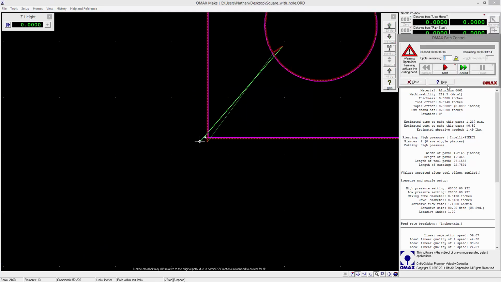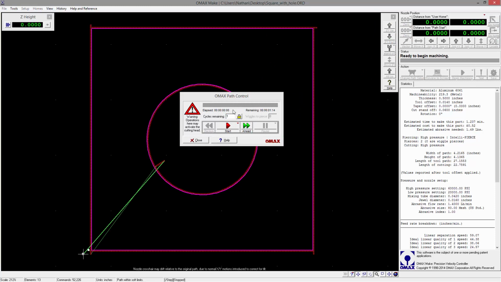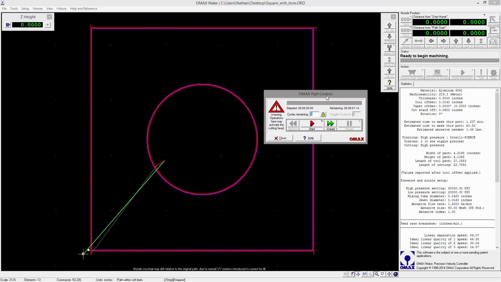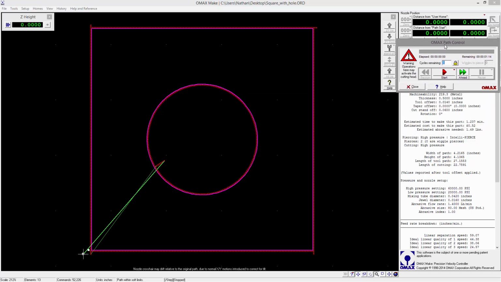You will then see the Path Control dialog, which features an easy-to-use interface to navigate the path, much like buttons that you would use for a DVR, like the Ahead, Backup, and Pause buttons. Finally, when you are ready to start cutting the part, click on the Start button. Doing so will cause Make to start the cutting process and control the Omax or Maxium so that the part you have chosen and adjusted settings for in Make is the part that is cut into the material.